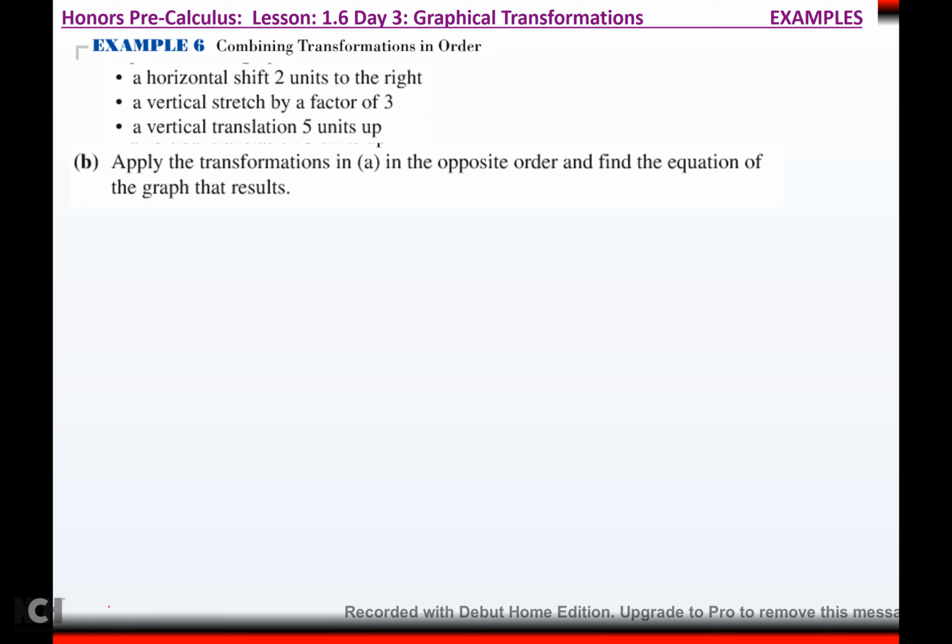Okay, so if we do this one, we're going to do the transformations in the opposite order. So if I have y equals x squared, to do a horizontal shift of 2 units to the right. Oh, I think we're going backwards. Okay, so we're going backwards. So I'm going to do 5 units up first. So I'm going to add 5 here. Okay, then it's going to say